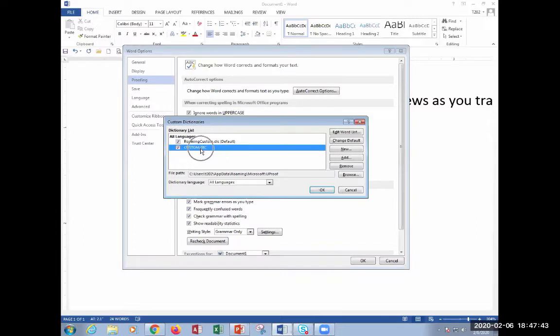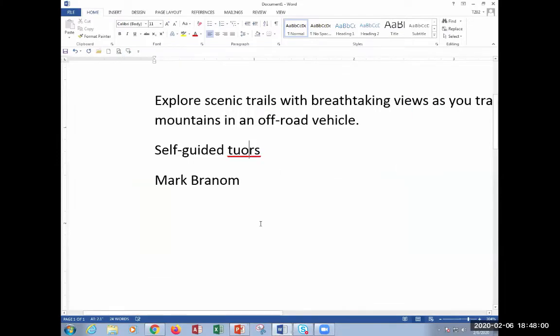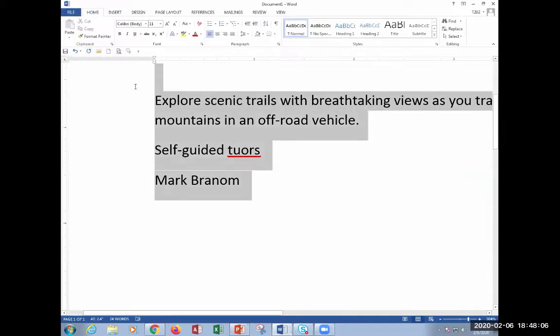If I go into the custom dictionary and I want to erase the custom dictionary, I can say remove the custom dictionary. And because I've removed now the custom dictionary and I click OK and I click OK, and I'm going to save this so that I can close it, or actually I'll just copy it. I'll just copy it all,